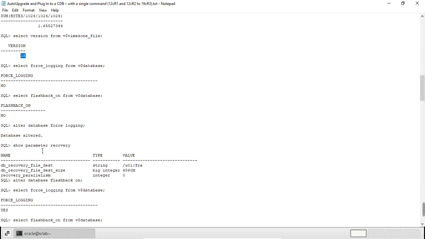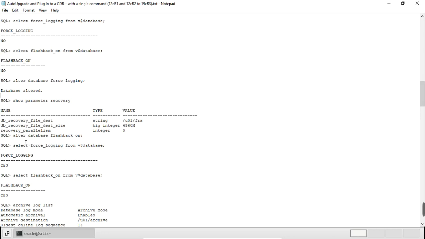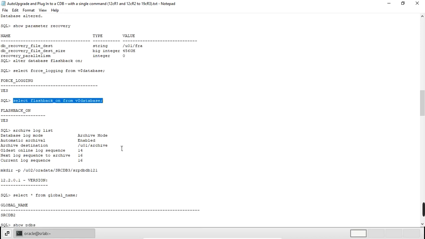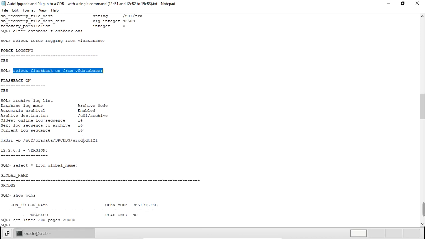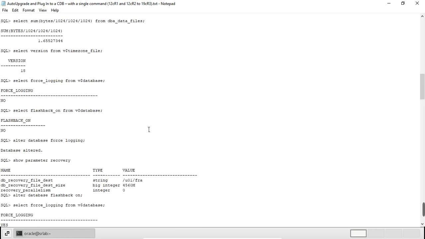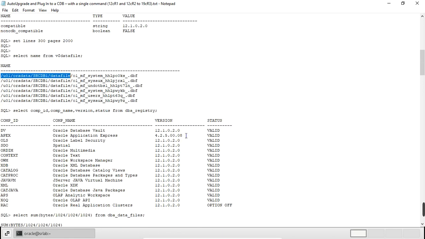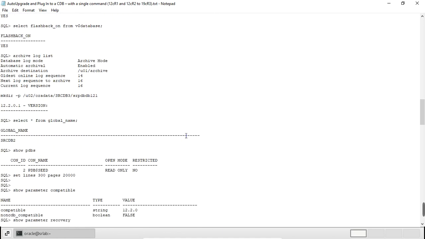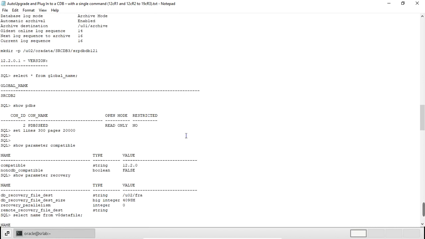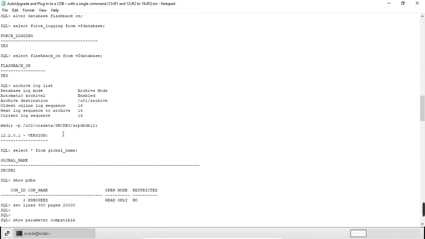If not, it means we need to enable it, so I have enabled it here. For recovery, I have flashback on. Finally, we need to create this directory. Here you can see where the data files reside. Okay, I have prepared the steps beforehand, so I'm showing you here.